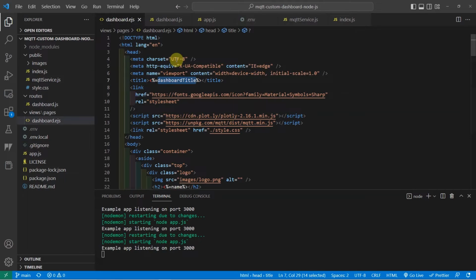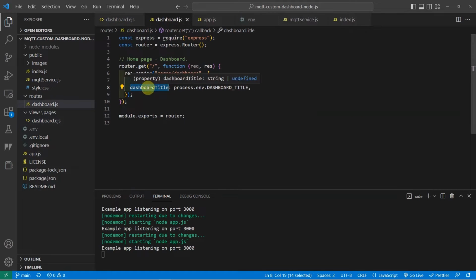So this is my dashboard.title and this is the dashboard.title here. When my dashboard.ejs is rendered, it needs to include the following files in my static folder.